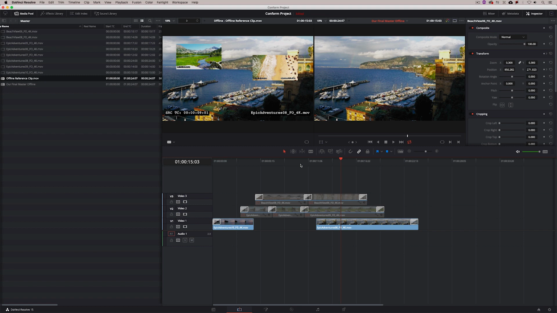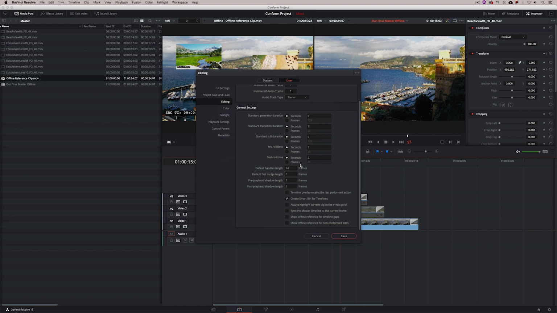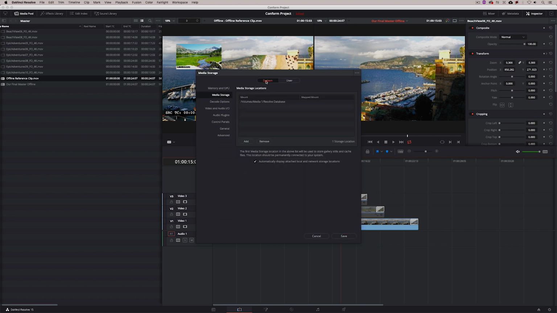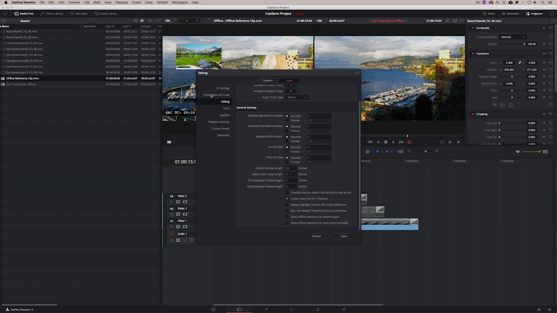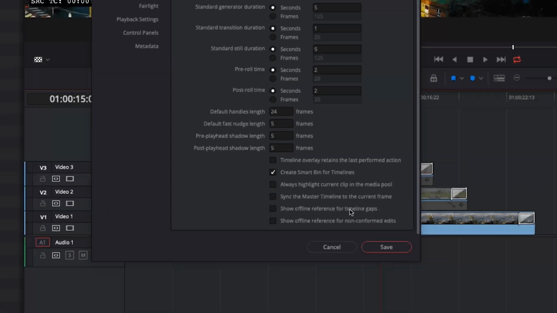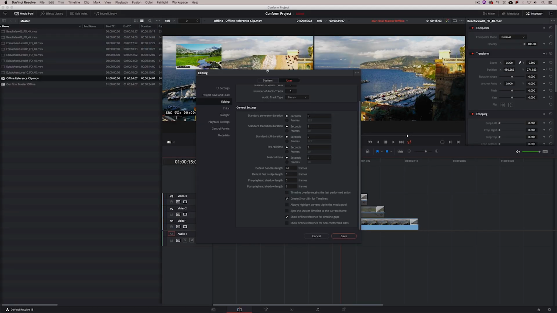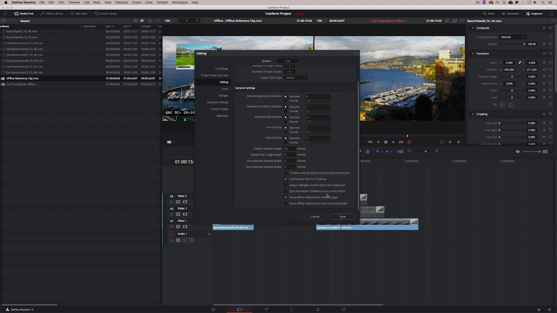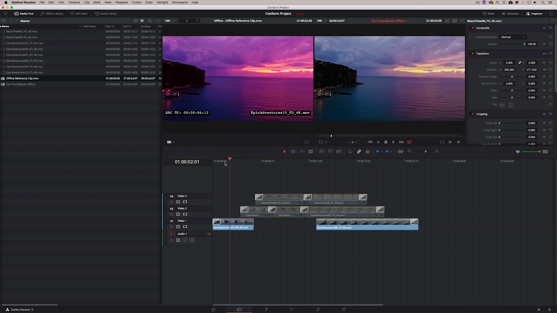So how are we going to go about doing this? What I'm going to do is I'm going to press Command and comma, Control and comma for all my Windows friends out there. And inside of the user settings, inside the editing module, if you take a look all the way down at the bottom, we have two preferences. One called Show Offline Reference Clips for Timeline Gaps and Show Offline Reference for Non-Conformed Edits. Now for right now, we're just going to choose Show Offline Reference for Timeline Gaps because I did add a gap in my timeline. I'm going to say save,